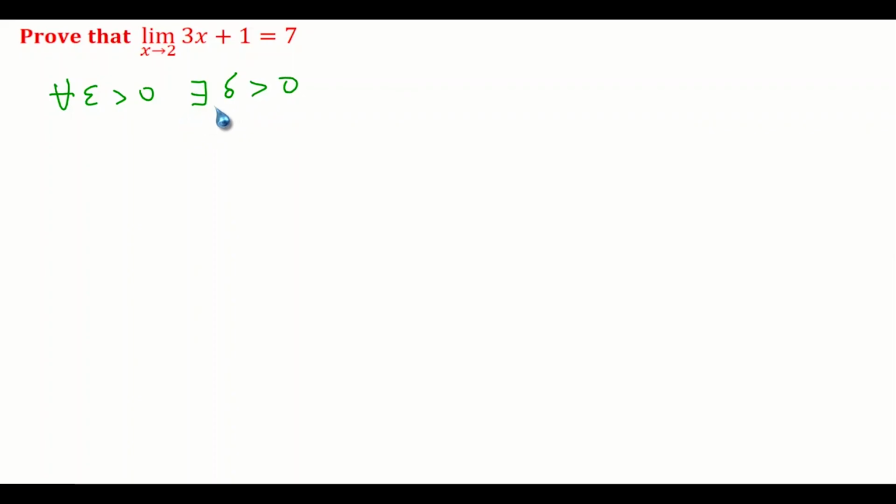So it's compulsory. And don't forget that I said this is a universal quantifier, while this one is an existential quantifier. Then, for every epsilon greater than 0, there exists a delta value greater than 0, such that